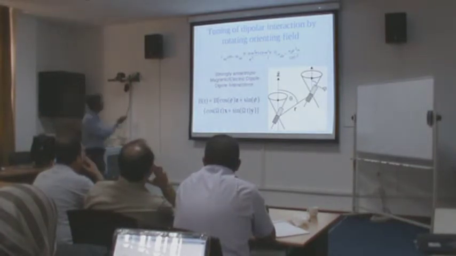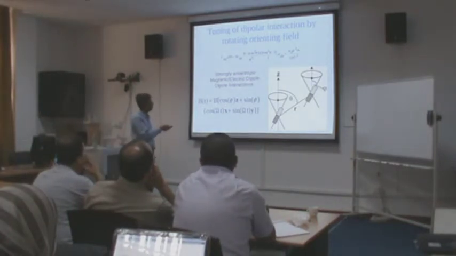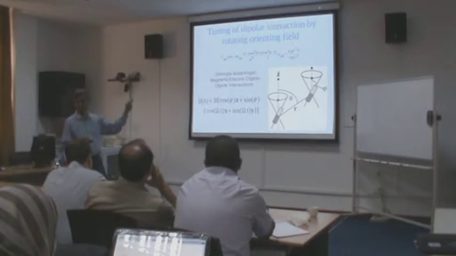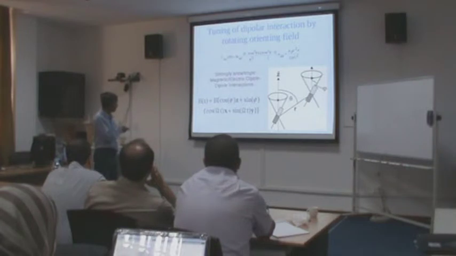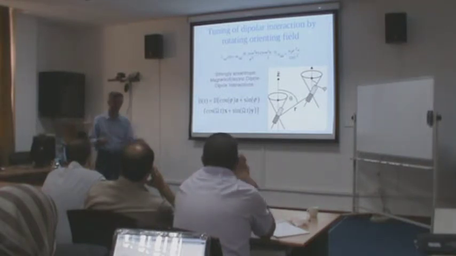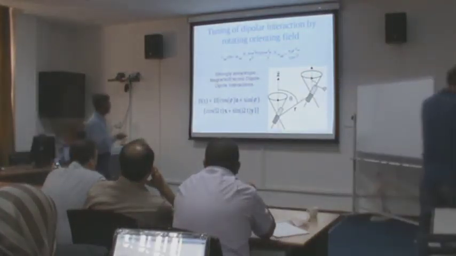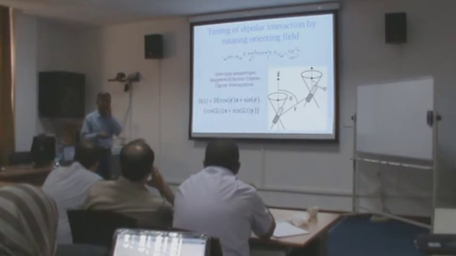So the tuning is done in this way. The tuning means that if you have a rotating magnetic field, you can force the dipole moments to rotate around the z direction. So the rotating magnetic field is put like this in the xy plane. So you have a small magnetic field in the z direction to align the dipole moment, and on top of that you have a rotating magnetic field in the xy plane. Once it rotates, the dipole moment starts rotating, the tiny magnet starts rotating, and the average value of the dipole moment along the z direction is reduced.